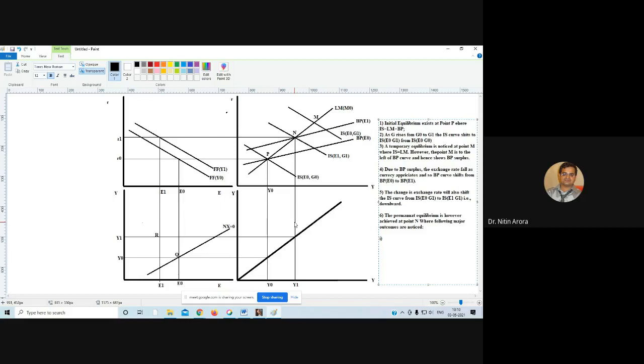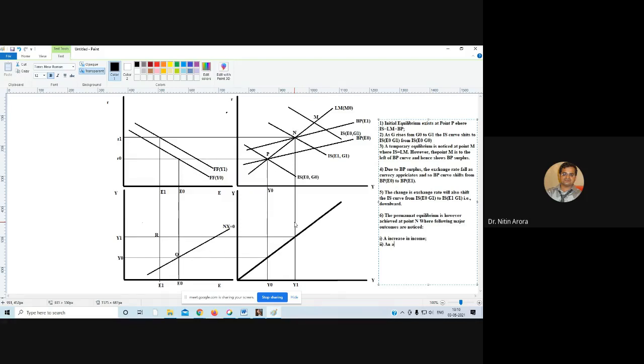Number one, an increase in income. Second major observation is